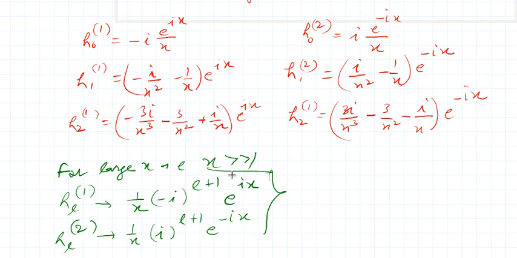And if I try to look at this HL1 and HL2, then HL1 is like e raised to power iota kr over r, and HL2 is like e raised to power minus iota kr by r. So that means one wave is representing an outgoing wave and another is representing an incoming wave, right?